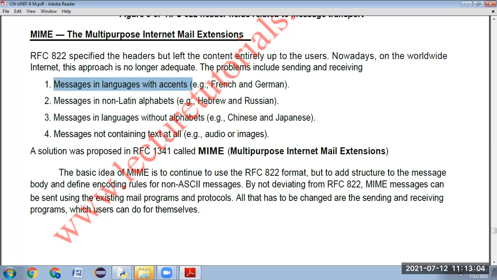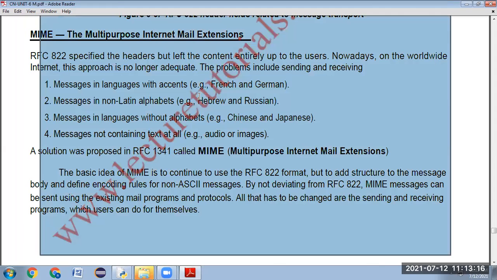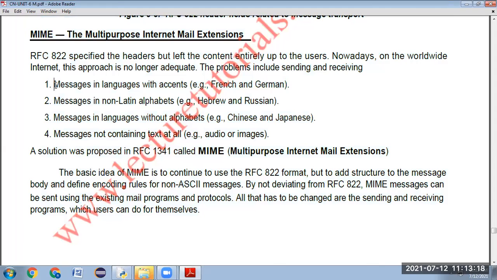Next, messages not containing text at all. Sometimes in mails we want to send audio or images only, without any text. These types of messages are not supported by the technique specified in RFC 822.